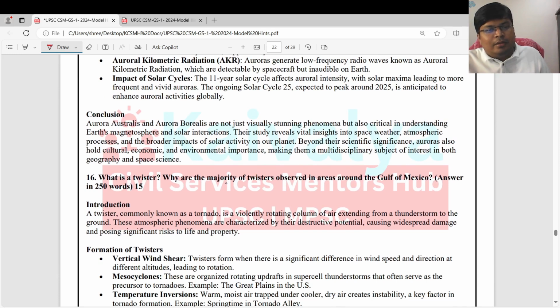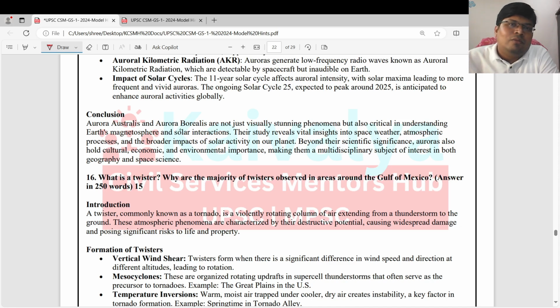Why are the majority of the twisters observed in areas around the Gulf of Mexico? Now twister is again a geophysical phenomenon. If you know this phenomenon, then you will be in a position to write the answer, but it is also a factual one. If you don't know, then you will not be able to answer such types of questions. But you can interlink it with the previous year question paper,